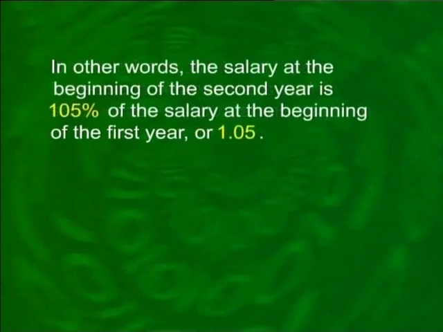In other words, the salary at the beginning of the second year is 105% of the salary at the beginning of the first year, or we can say that the value is